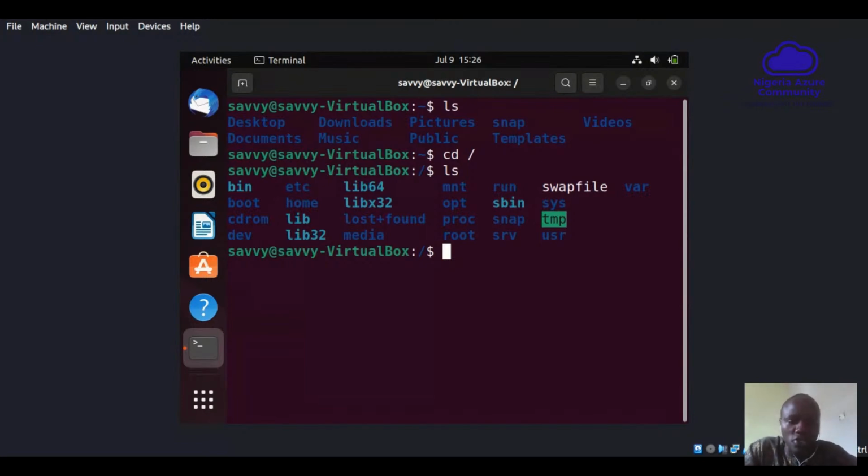We have the boot directory. Static files that are used by the bootloader to boot up your operating system, they are stored in the /boot directory. We have the /dev directory. Some of these directories we'll get to understand them better as we move on. The /dev directory